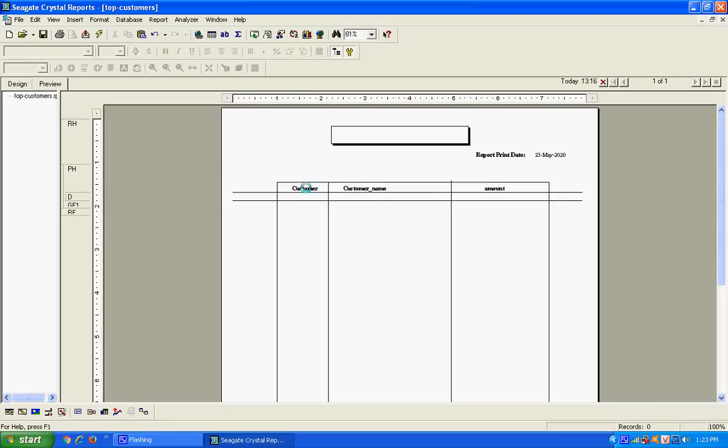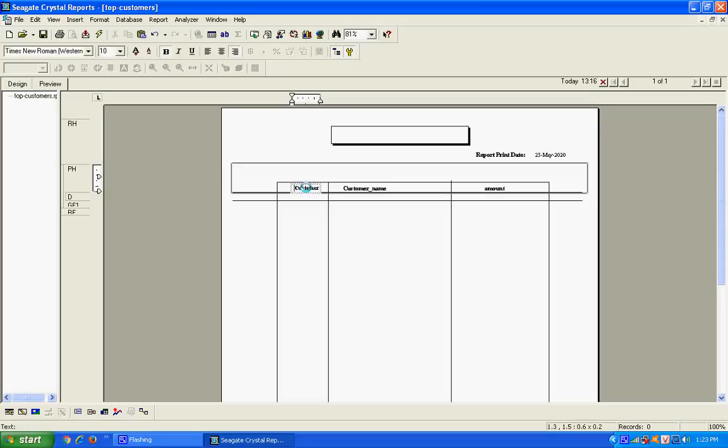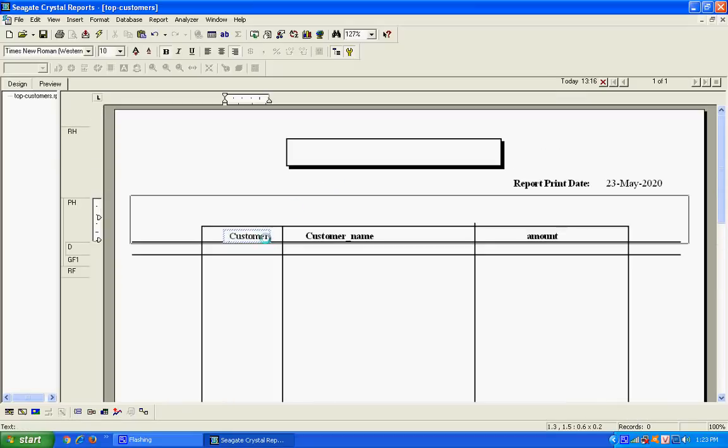If you want to change the label of this column, press the double icon. I want to increase the size. This already has customer ID, and all these labels have underlines.